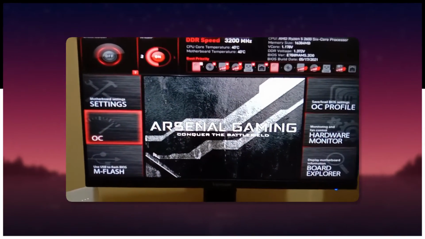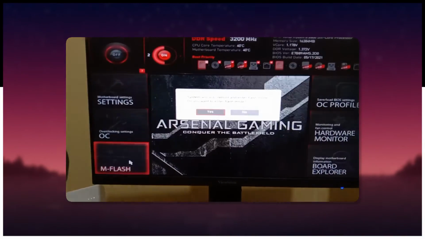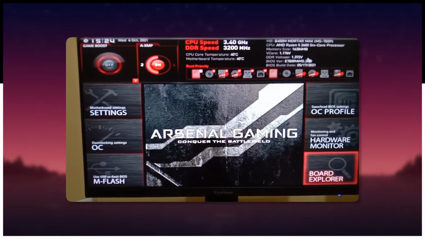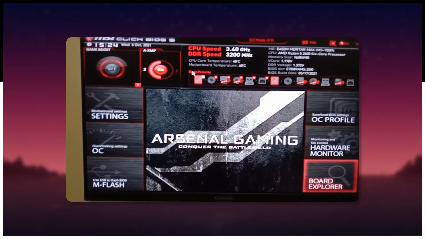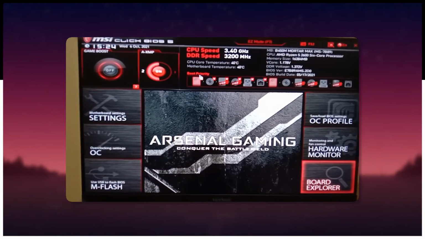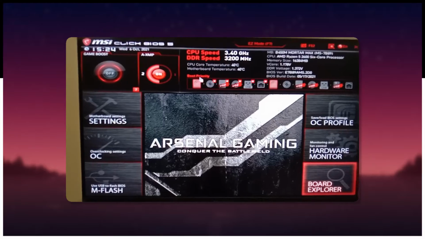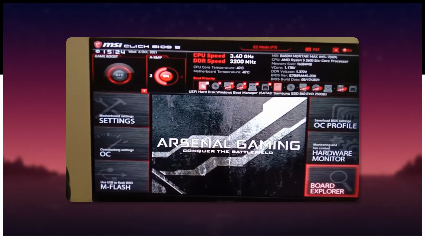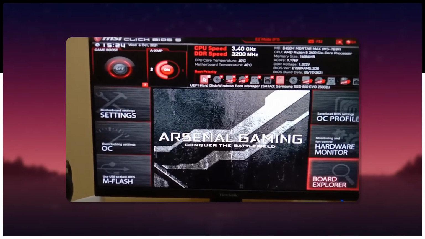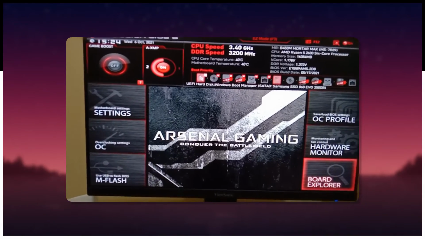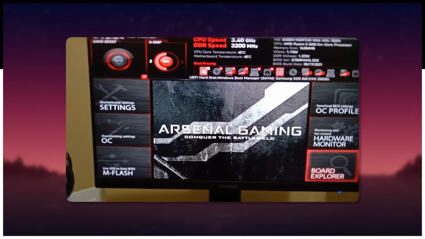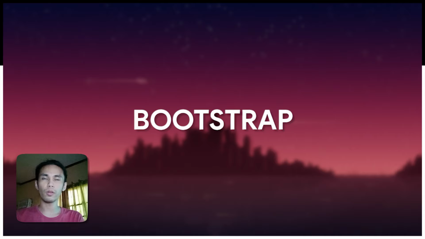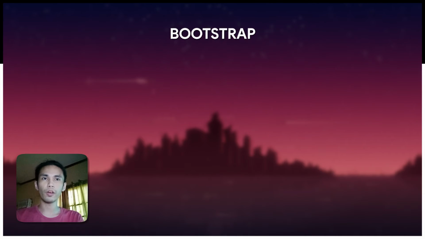Next is the M-Flash, where you can update your BIOS. Next is the boot priority. This is under the MBR or master boot record. Over here, I prioritize my OS since my SSD is where it is put. Now, Bootstrap is the process of loading a set of instructions when a computer is first